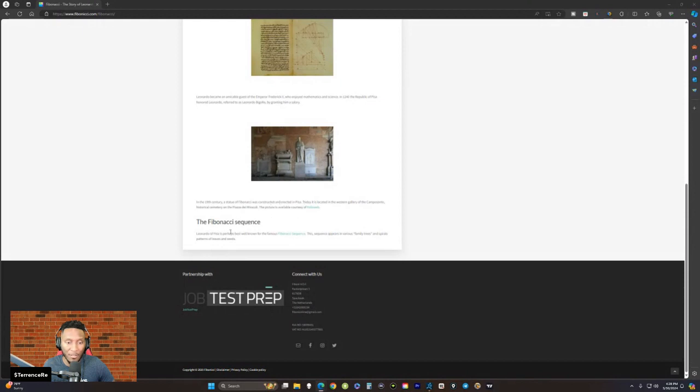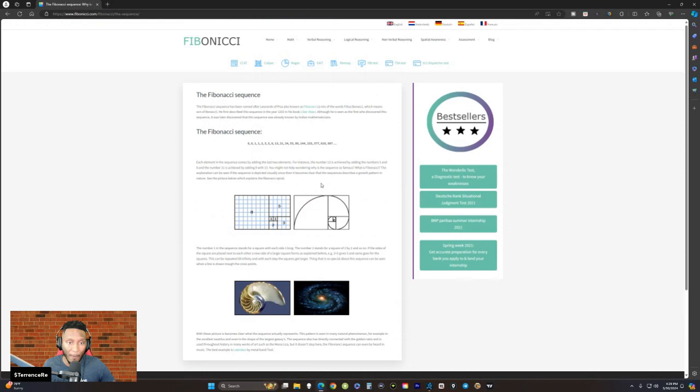It says the Fibonacci sequence, Leonardo of Pisa is perhaps best known for the famous Fibonacci sequence. This sequence appears in various family trees and spiral patterns of leaves and seeds. This is what we want to get to. Now, here's the sequence. It says the Fibonacci sequence has been named after him, blah, blah, blah. You see the sequence right here. You see how it goes 1, 2, 3, and then 5, 8, 13, 21, 34, 55,